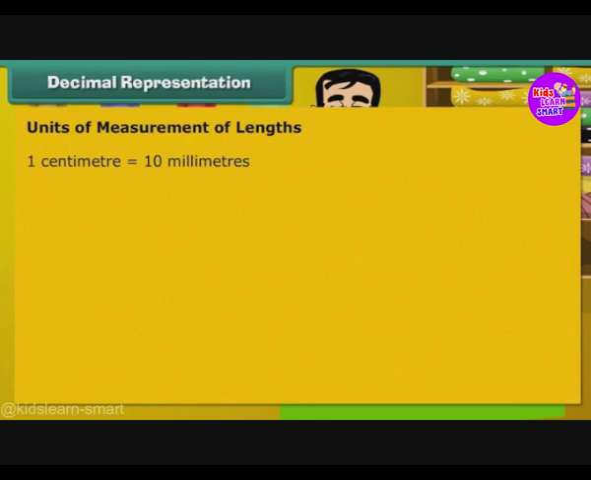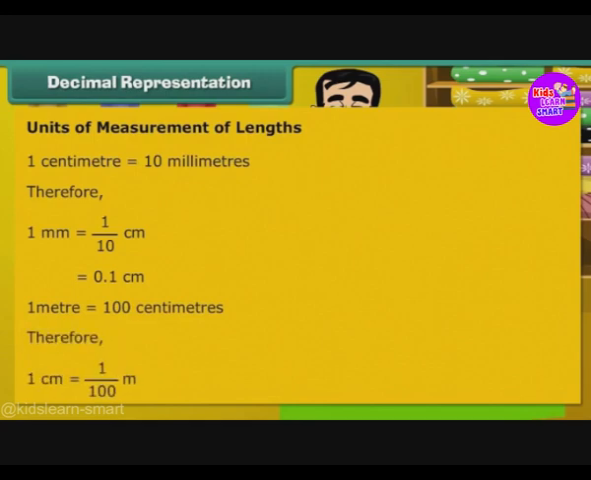1 centimeter is equal to 10 millimeters. Therefore, 1 millimeter is equal to 1/10 centimeter. That is equal to 0.1 centimeter. 1 meter is equal to 100 centimeters. Therefore, 1 centimeter is equal to 1/100 meter. That is equal to